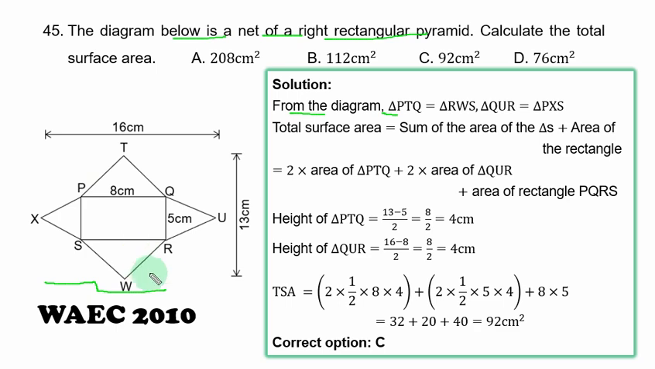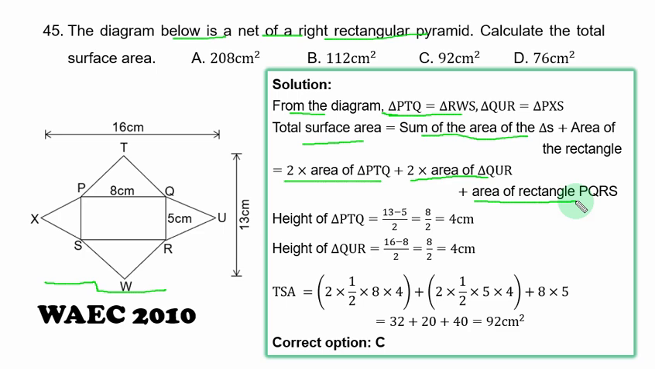is equal to ROWS and triangle QURO is equal to PSS. Therefore, total surface area is equal to sum of the area of the triangles plus area of the rectangle. The two triangles are equal. You write 1 and multiply it by 2 to solve for the two triangles, plus the other two that are equal, plus area of rectangle